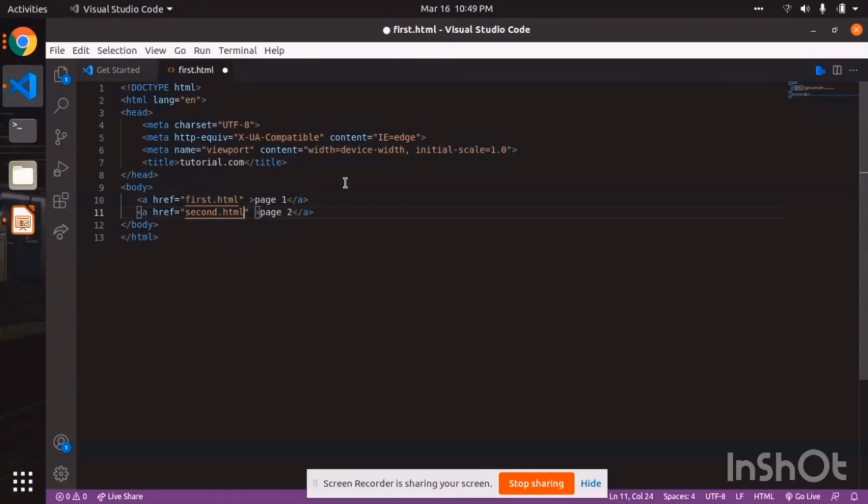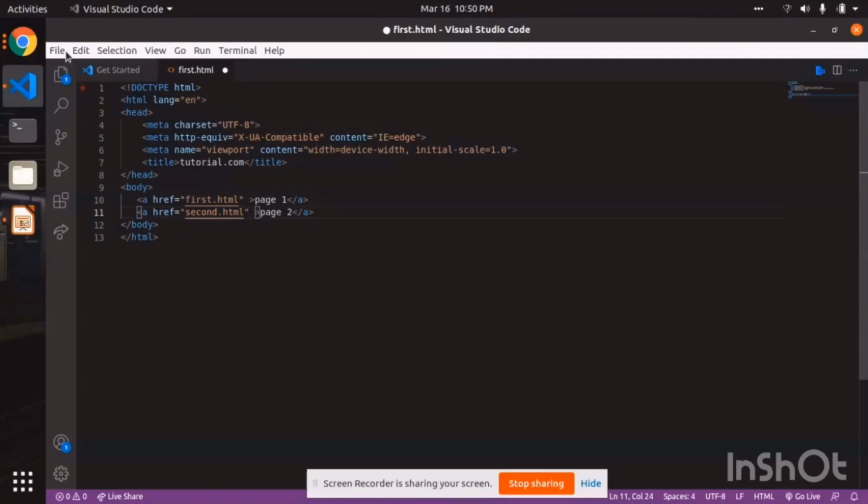So now how this works is that you have this tag a href equals this. The whole of what is in this double quote is the name of the page that you want the person to be redirected to anytime the person clicks on this link. So when you click on page one, it will take you to this file. If you click on page two, it will take you to this file. But right now we don't have this file. So let's create this